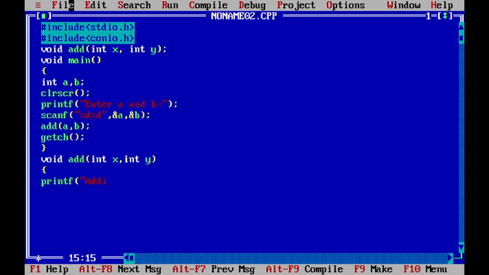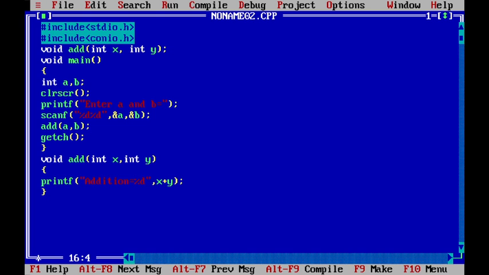The value of a is assigned to x and b to y. Bracket completed. If you compile here, you can see no error. If we run here with 4 and 5, the addition is 9. So in this type we pass the argument, with argument but no return.